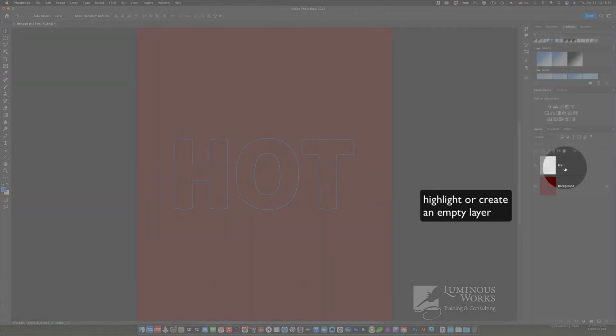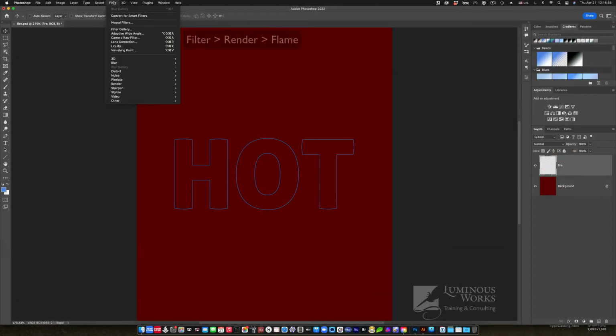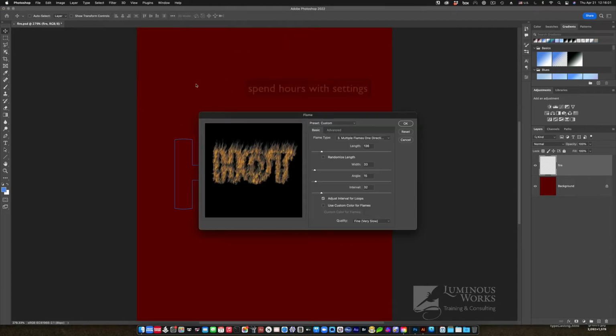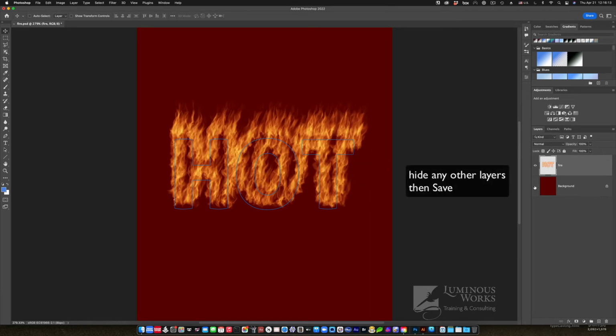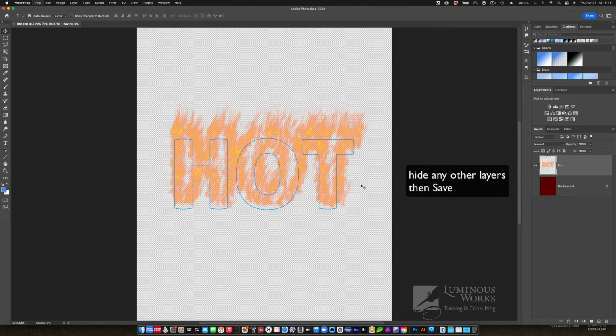Then we can highlight an empty layer. If you don't have one, you can make one, and then use filter, render, flame, and you can spend a long time working with those options to make that flame work its way along the path in a coherent way. But once you do, you can hide any other layer except for the flamey one, and then save that file